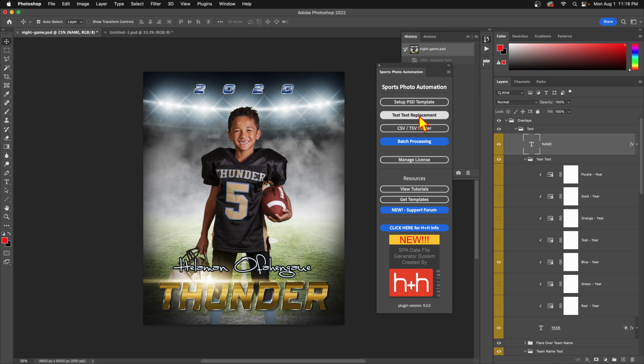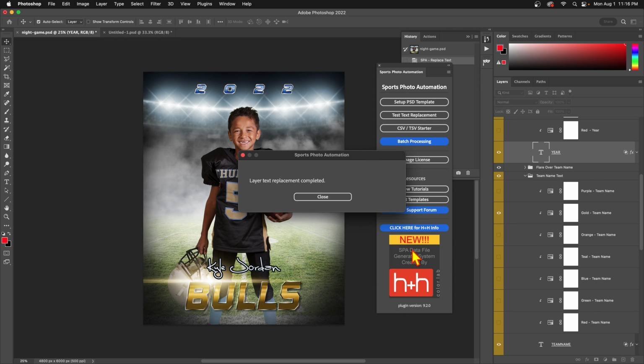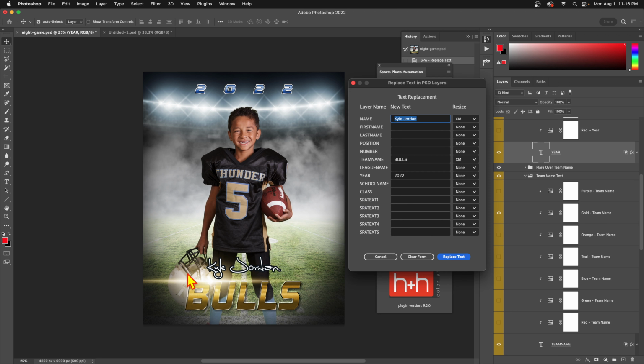Let's backtrack here. So let's say you've replaced the text once with this XM mode. So now let's shrink this down. If you're going to test another text, each time you run this, it's reanalyzing where the text is at. So now if I test it with something longer in here,